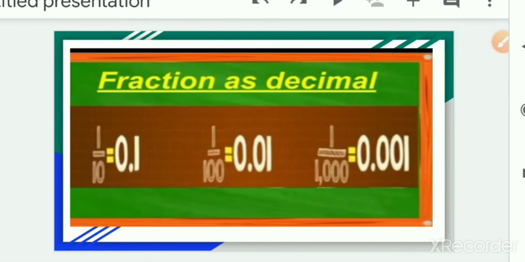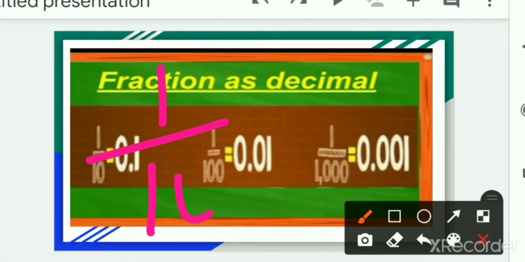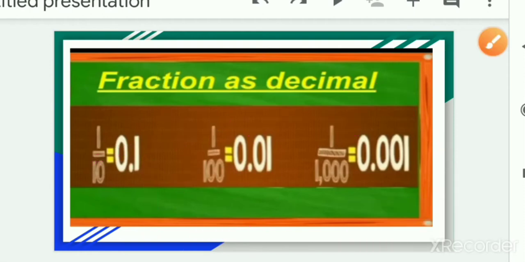Next we have fraction as decimal. I have explained that to you right now. See, it is 1 upon 10, so how many zeros are down? Only one zero, so we need only 1 digit in the numerator. We already have 1 digit, so we will make a point in front of that, and we will put a 0 in front of the decimal. It is looking very nice. It is a good way of representing a decimal. So it is 0.1. Now we have 1 upon 100, which will become 0.01.